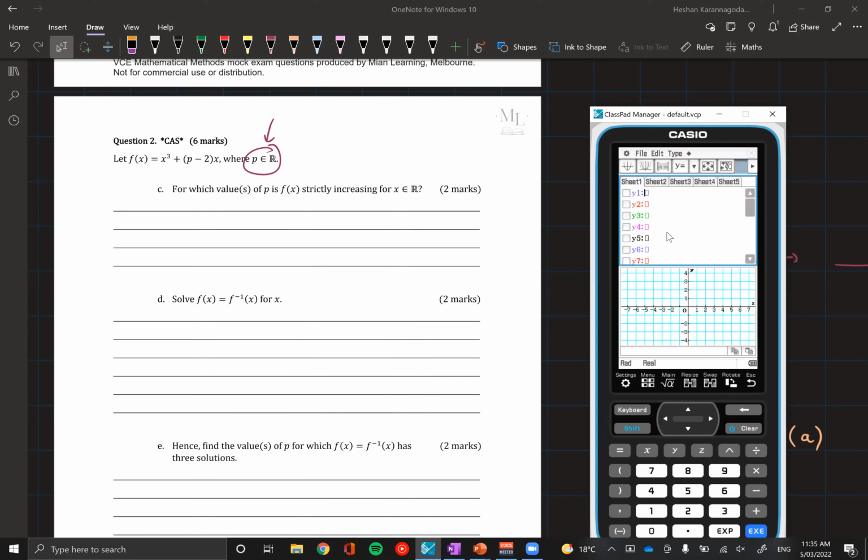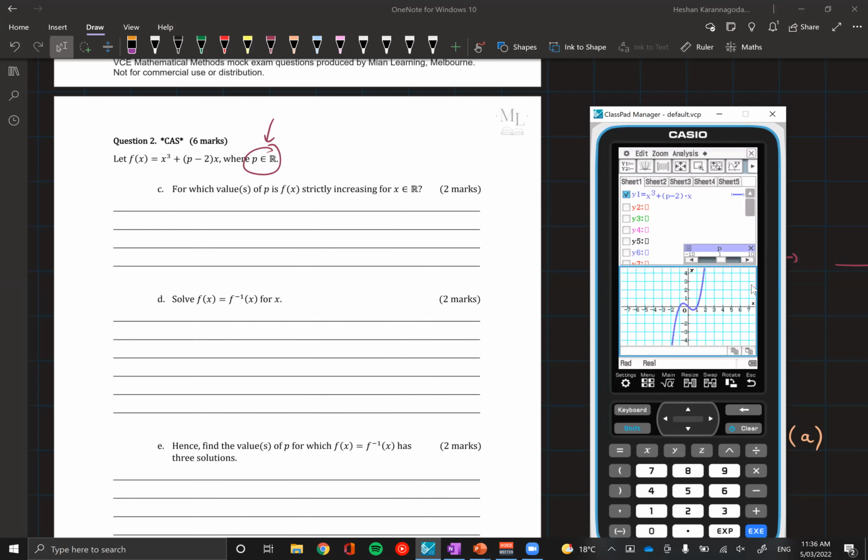If you've probably used graph and table before, there's actually a really cool feature on this. So what I'll do is I'll type out my equation, x cubed plus bracket p minus 2 multiplied with x. That's just what f of x is. Now we tick this, and you might be thinking, I can't graph that. That's got a variable in it. But we don't use this first button for a normal graph. We use the second button. Heshan calls it a shaky parabola because it looks like a parabola and then it's shaking around with the dotted lines. But yeah, use that button.